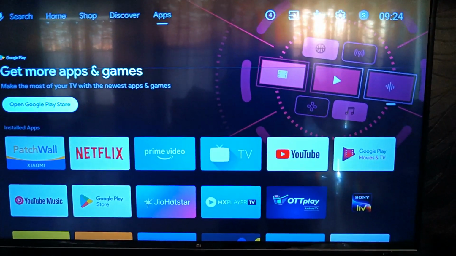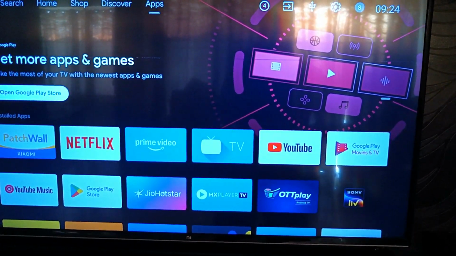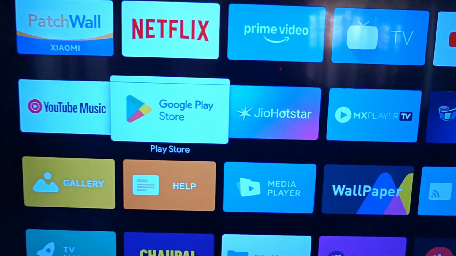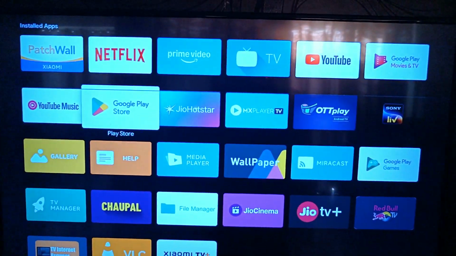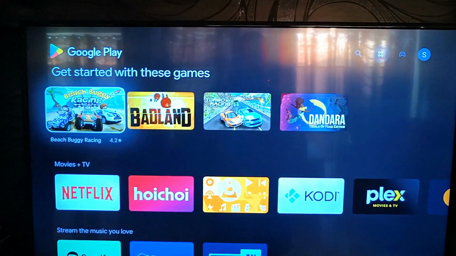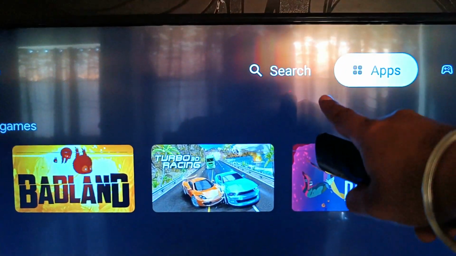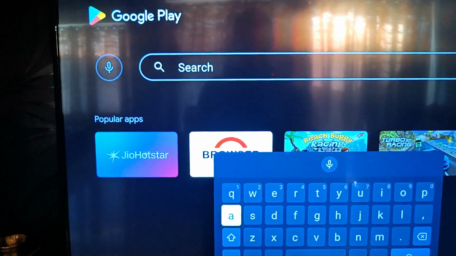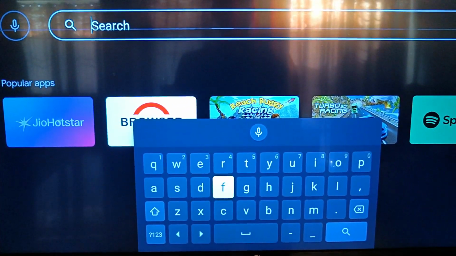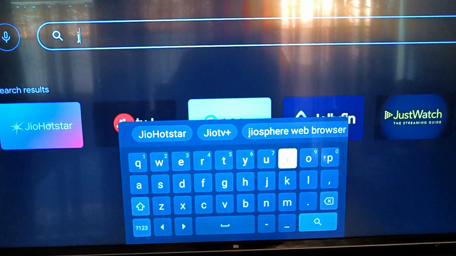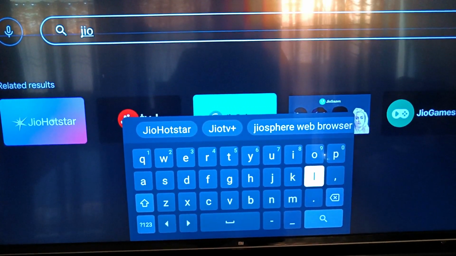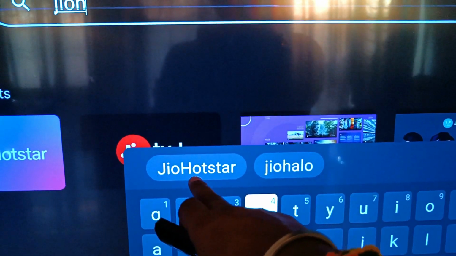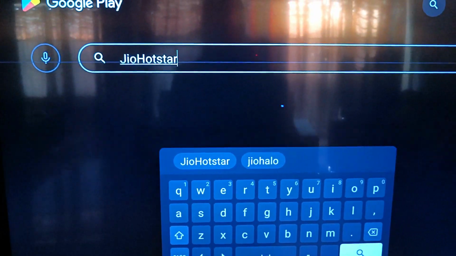So guys, find the Google Play Store application on your smart TV. So guys, you can see here there is a Google Play Store application installed on our TV. Open it. Okay, and after that guys you can see here there is a search option. Click on it and after that guys type here under the search box Jio Hotstar. You can see here after typing this Jio Hotstar application is displayed here. Search it